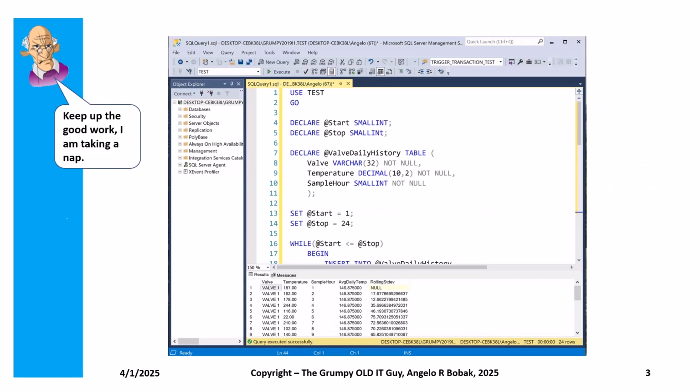Okay, here's a really quick tutorial on common table expressions. And I'm also going to sneak in aggregate functions that use the over clause to generate rolling standard deviations. What we're going to do is set up a really simple scenario of recording temperatures for a valve in some sort of a machine room or power plant or a boiler room over 24